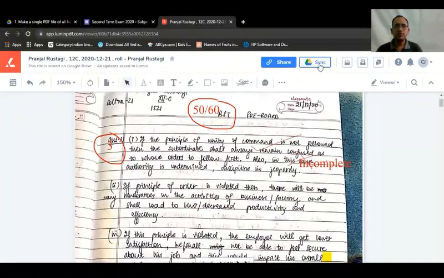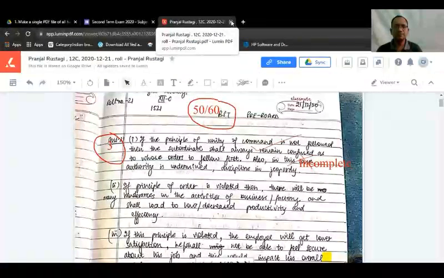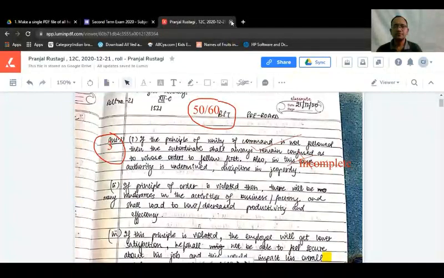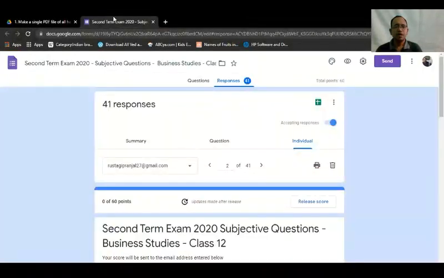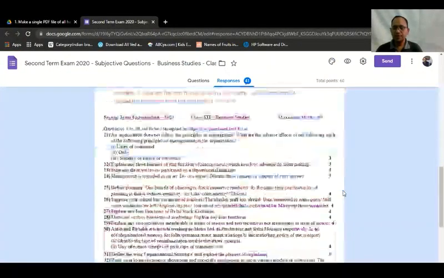So what you have to do next is close this tab of PDF from here, open in Lumen. Go back to the tab of the form.